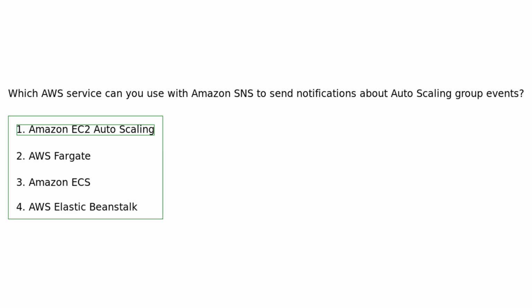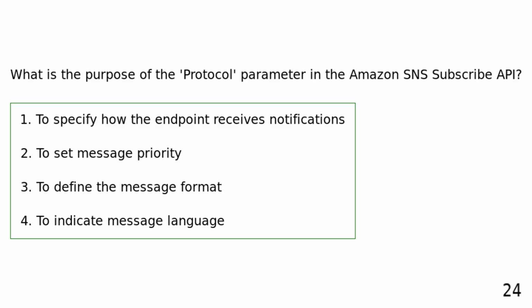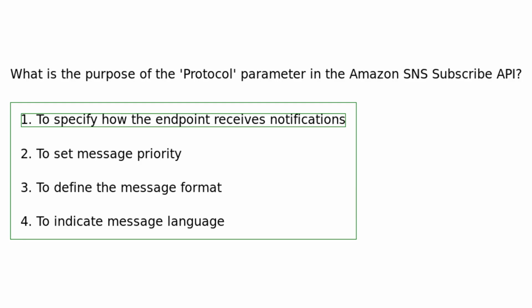What is the purpose of the protocol parameter in the Amazon SNS Subscribe API? To specify how the endpoint receives notifications. To set message priority. To define the message format. To indicate message language. In the Amazon SNS Subscribe API, the protocol parameter specifies how the endpoint will receive notifications, such as via SMS, email, or